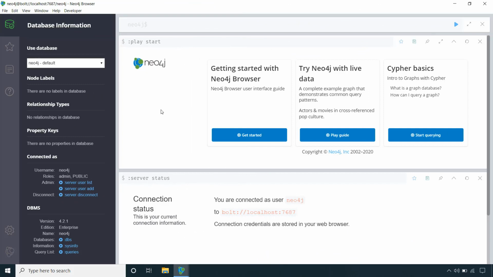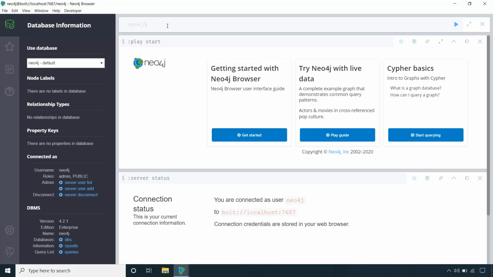Hello and welcome back. In this lecture, we will see how to create and drop the database using Neo4j browser. So let's get started. Here is the Neo4j browser, and as I said already, we have two databases by default. One is the Neo4j default and the other one is the system database, which contains some system information. Now say, for example, we want to create a new database. This is our student DBMS, and inside that we can have multiple databases.